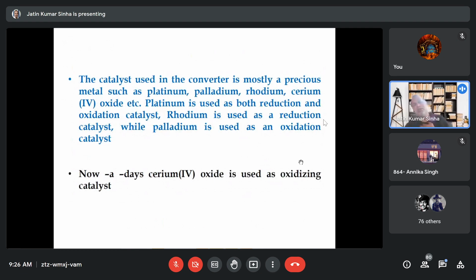Okay, so about the catalyst, there are different types of noble materials being used. Platinum, palladium, rhodium, cerium oxide, or a combination of these noble materials like platinum-palladium or platinum-rhodium. Also, catalysts from the lanthanum series like cerium oxide are being used. But these are very, very expensive materials. Many researchers have been working on finding a cheaper method for this catalyst